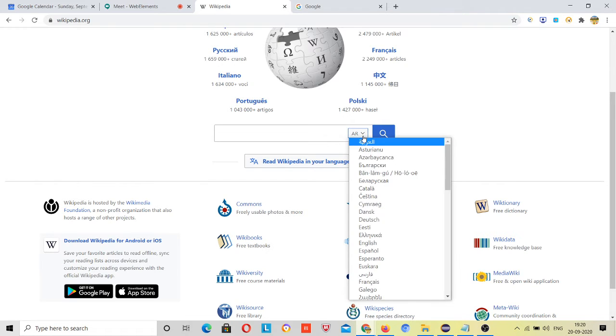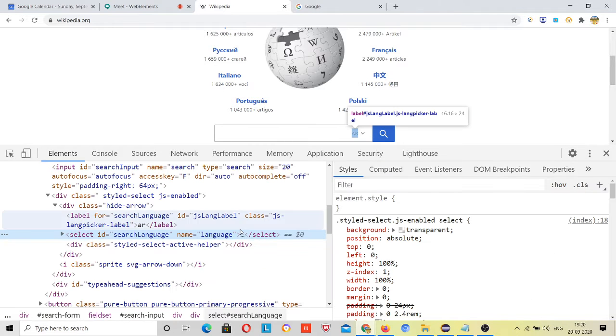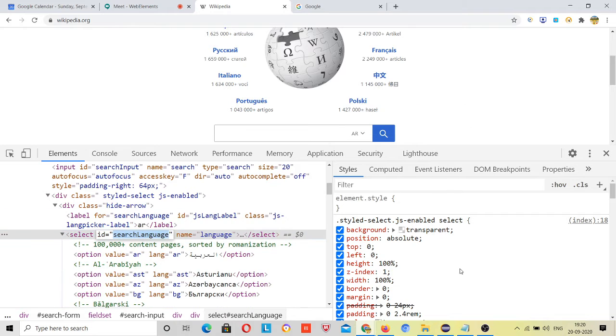Suppose I am going to write XPath. So right click and inspect this ID. What's the syntax for XPath?